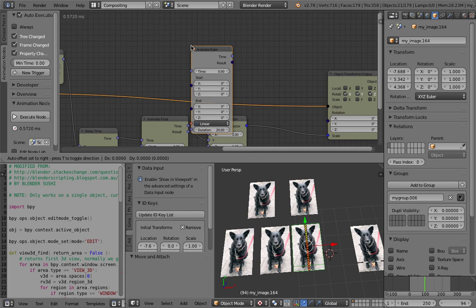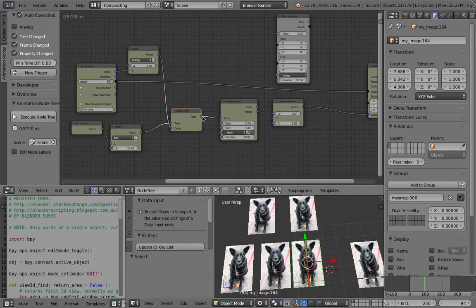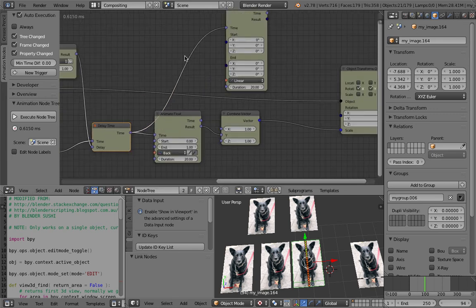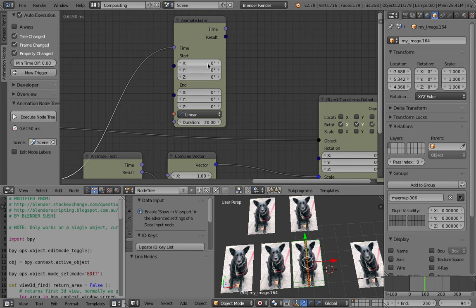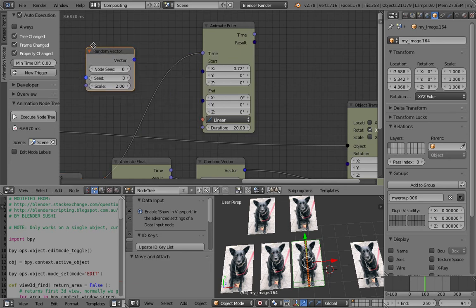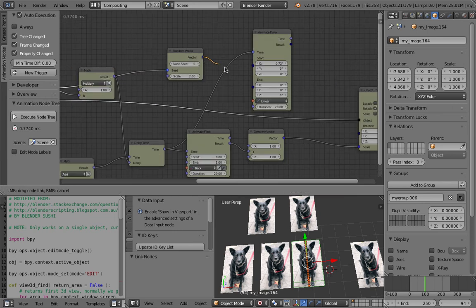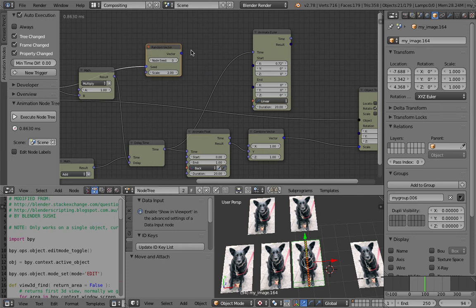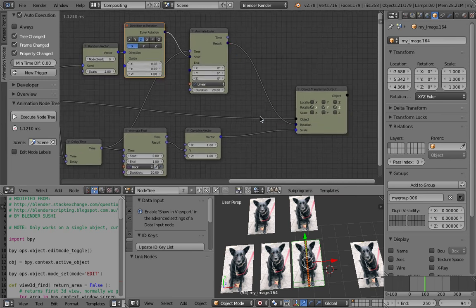Animate Euler. So we have this similar thing. We can just use the delay time into this, and the start and the end. The end's always 0, 0, 0. The start can be anything. If you want to apply a random vector, you can do that. Just plug this in there, and actually not a random vector, maybe it will convert to Euler. Ah yeah, okay. Plug this into the Euler rotations and